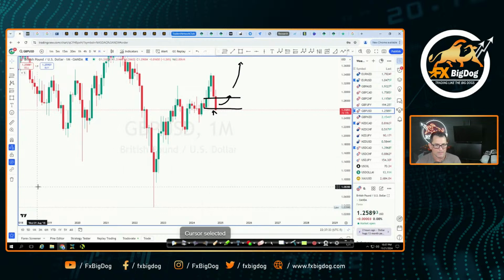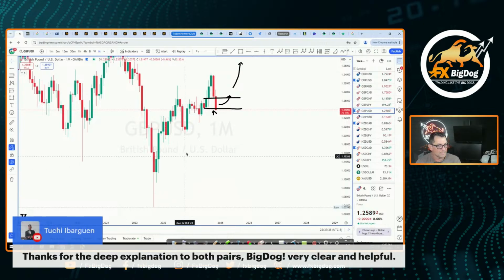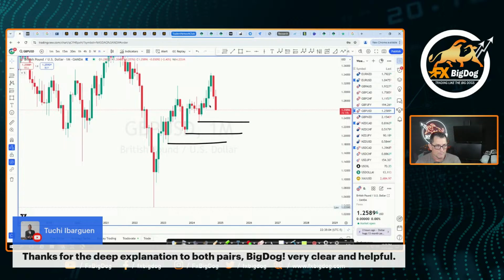And because of that, it's very important that we understand that price needs to rebalance. And the price is going to rebalance once it gets off the support right here. So once we get off the support, we're going to rebalance, and then it could start working its way back down, because this is where liquidity is sitting right here. In fact, if I look over here on the pound, there is a lot of liquidity sitting over here. There's liquidity there, there, and there. And price is going to want to hunt for that. But we're looking at this order block, and we're going to see, hey, can we hold at this order block? And if we can, we're going to see price moving back up again.